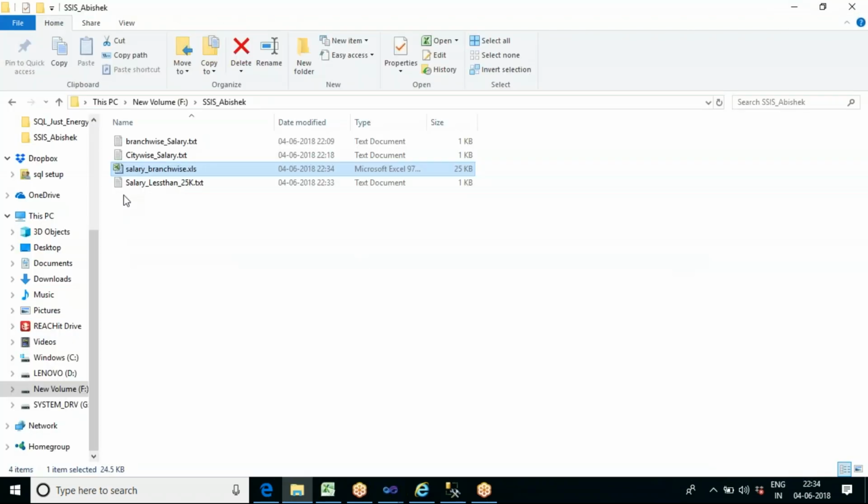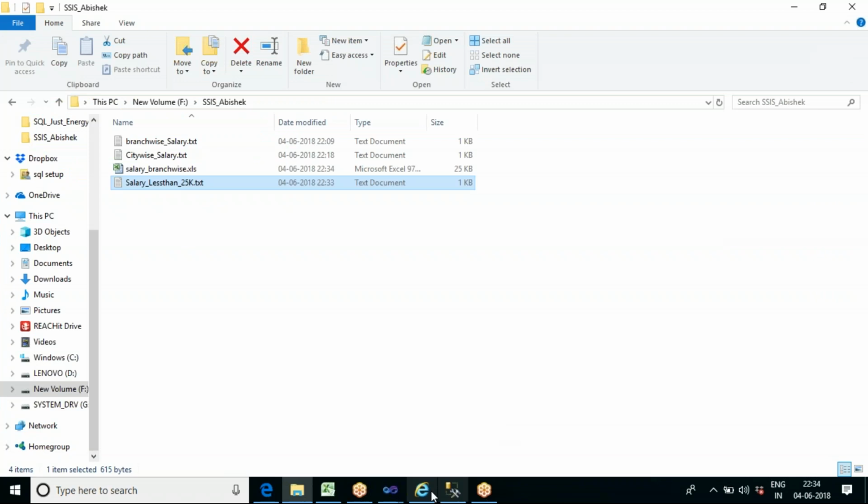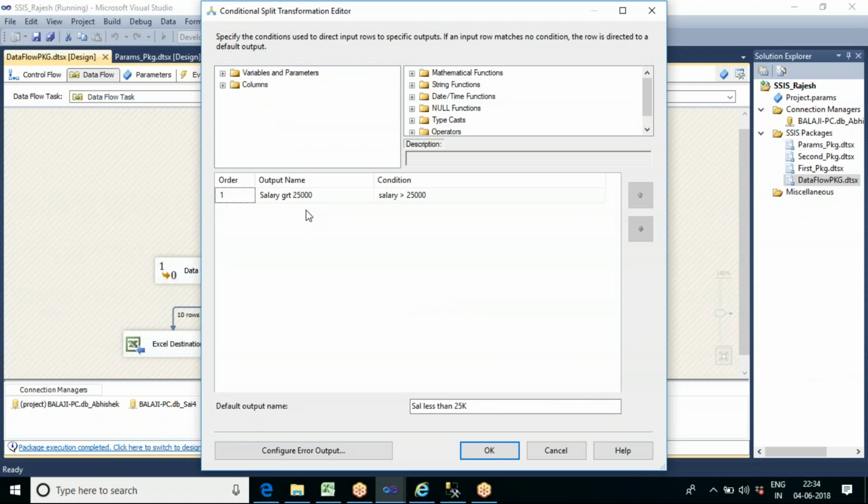If you go and see, we have salary less than 25k also. The remaining 8 records are pushed into this, whose salary is less than 25,000. So that is the basic use of this conditional split. Based upon the condition, it will split the data into two pipelines.